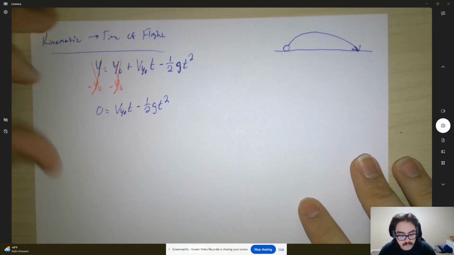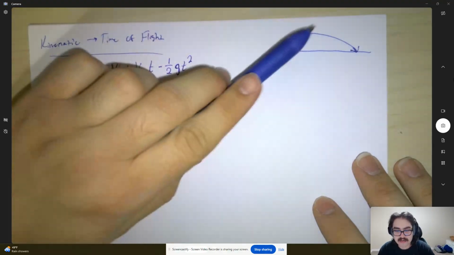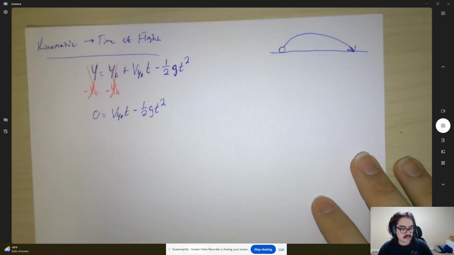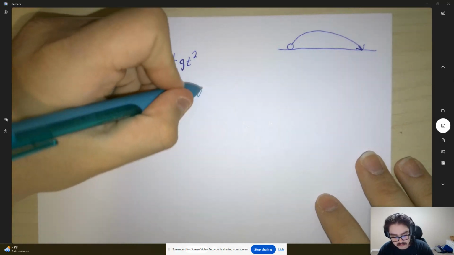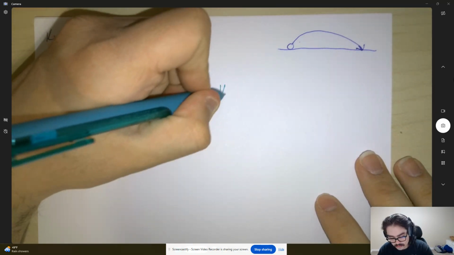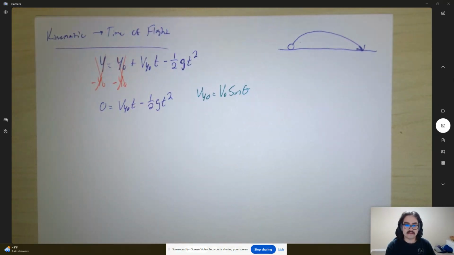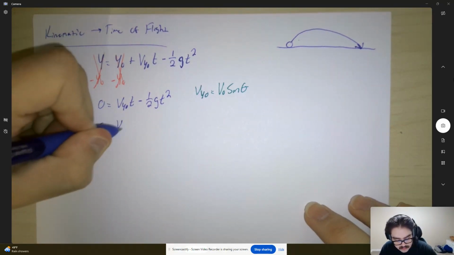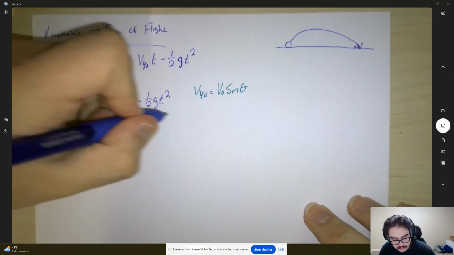When you do that, you also need to recognize that, especially for a launch like this, you're launching at an angle, and it's typically with respect to the horizontal. And your y component of the velocity is going to be equal to your initial velocity, the net velocity, times the sine of theta. So you're doing v naught sine theta to get the y component of your velocity. When I make this substitution, I get 0 equals v naught sine theta t, and put that in parentheses so you know it's separate from everything else,